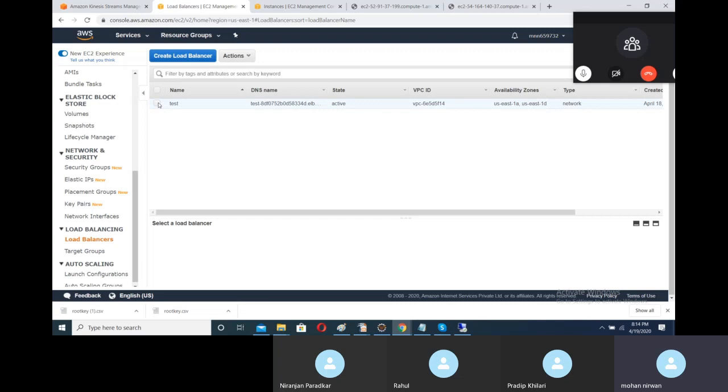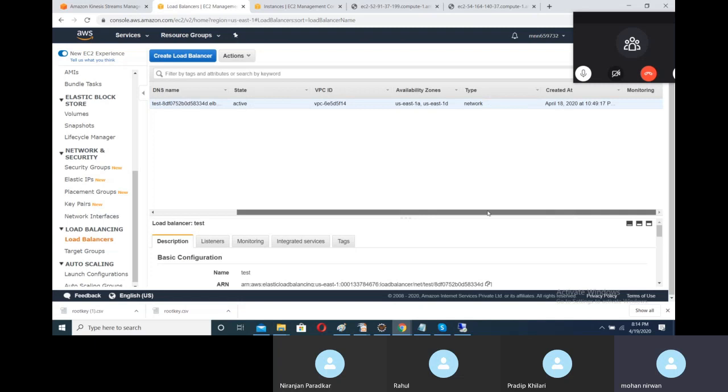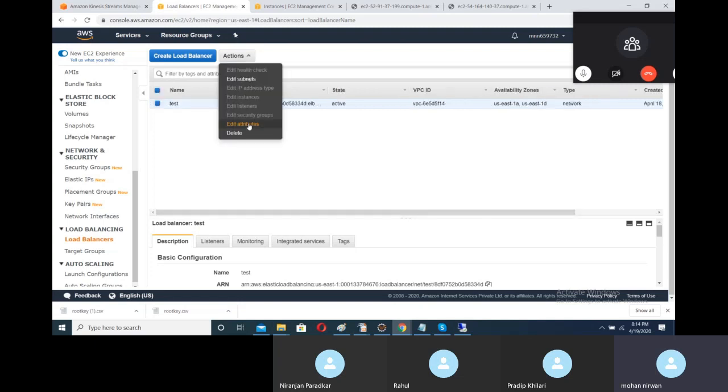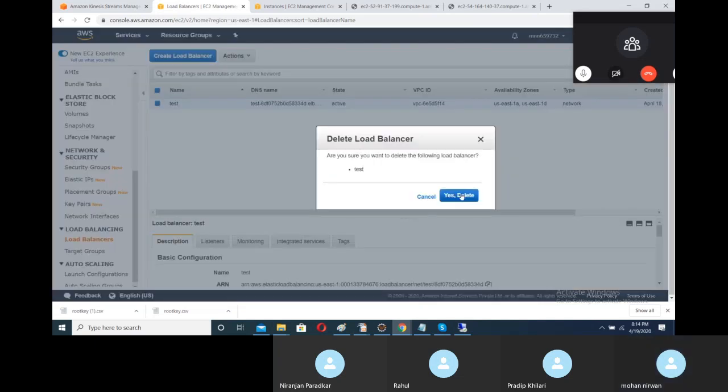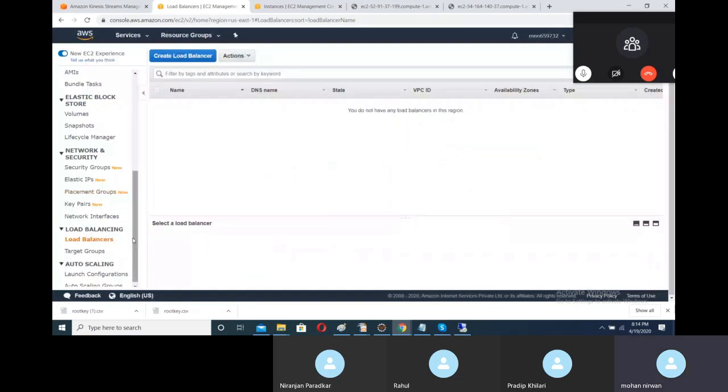Okay, so this is my existing load balancer. Let me delete this. We will create, and there are two target groups. Target group 1 and target group 2.